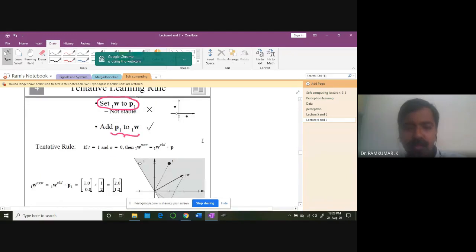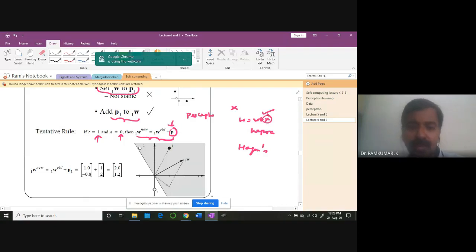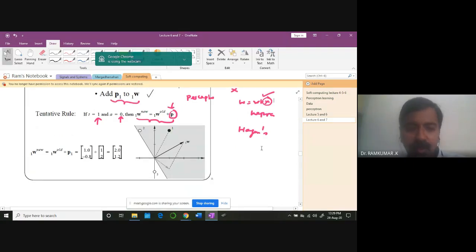So here the rule is my target, I want a 1, but what I obtained is 0. So naturally, this is my perceptron learning. Instead of X, I have put a P here. W is equal to W plus X is what we learned from Capra's lecture. Now from Hagen's slides, I'm saying instead of P, I'm using X. You getting the point? So naturally, I'm updating the weight now.